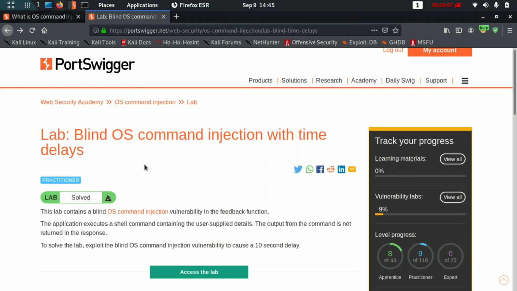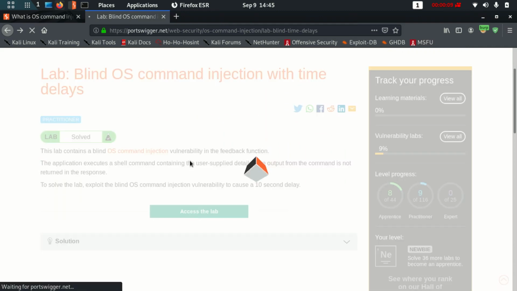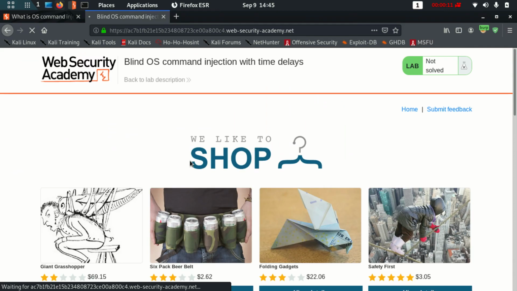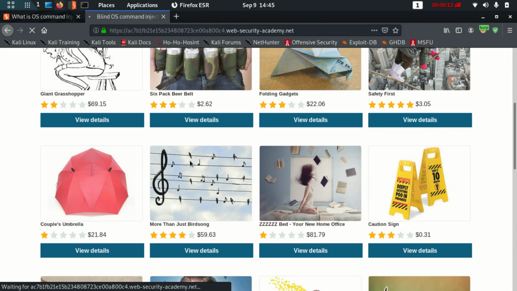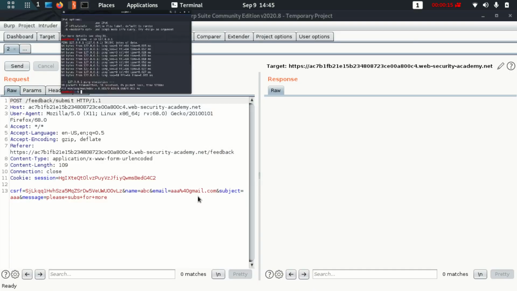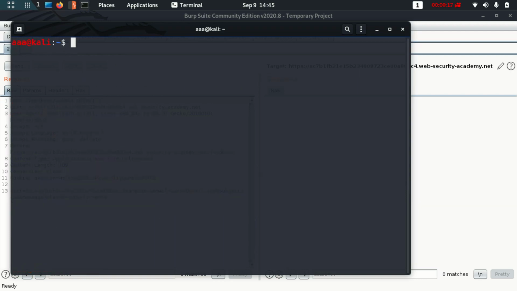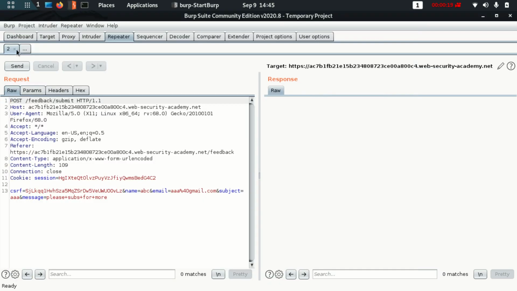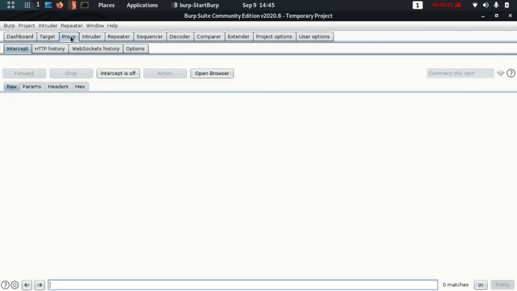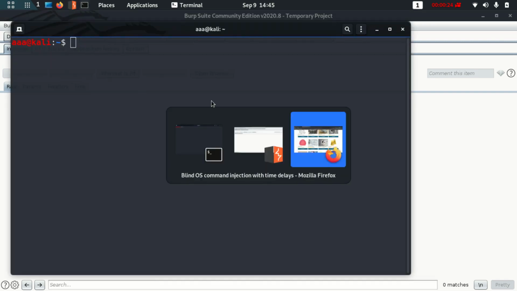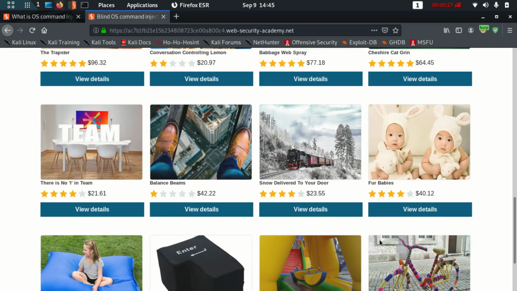So let's get started. This is a room where you need to type this command, ping -c, to solve it. I'll show you what is actually happening over here. This is how it was: you were in the proxy tab, there was nothing, everything is empty, and you have Burp Suite configured.